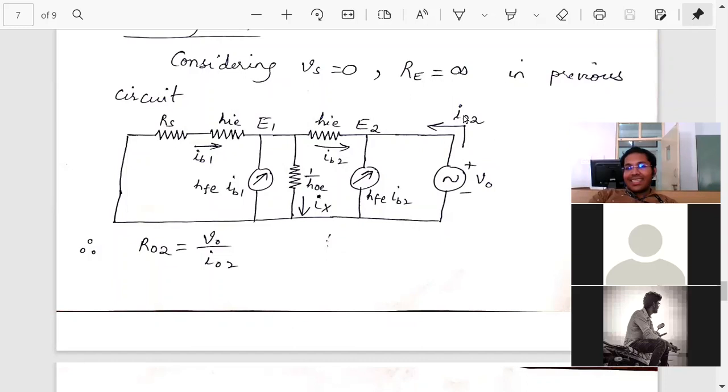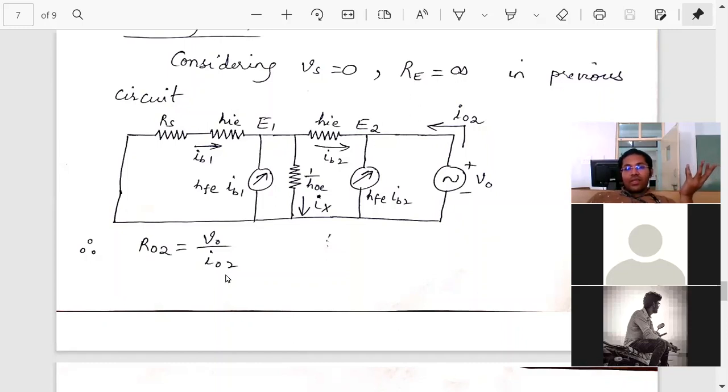Then we will get I02 in terms of V0. That will be the final. From that you can get the final relation of V0 by I02. So this is the process. See, this is like a mathematical problem. You want to apply KVL, you want to apply KCL, no restrictions as long as you get the relation V0 by I02. There is no strict rule that first you should apply KCL here only. Search for the relation where you will get V0 by I02 in this circuit.